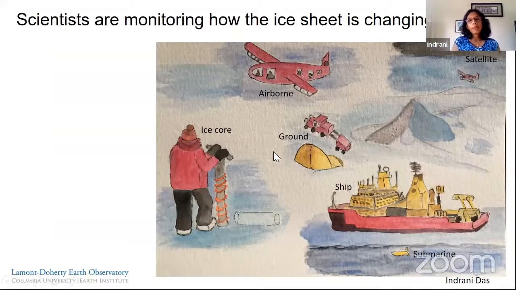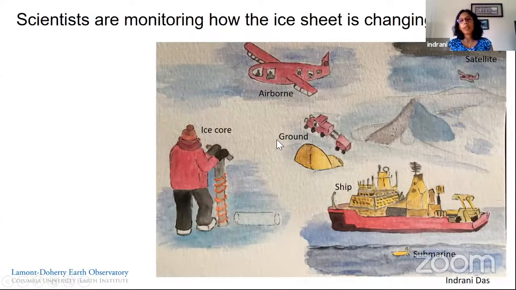So we are using all sorts of measurements available and ice sheet models. We have ice cores that drill into the ice and measure how the climate conditions have changed and how they are going to change. Then we do airborne measurements. I specialize in those. We have radars, we take lidars, and there are several other instruments like gravimeters and magnetometers. Those are the airborne suite. And then we also use a lot of ground measurements. People tag their instruments on vehicles like this and go traversing on the ice, and then measure different changes.